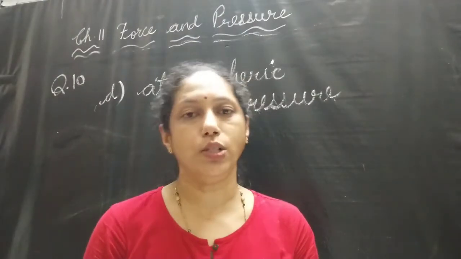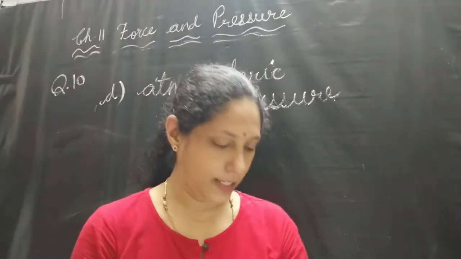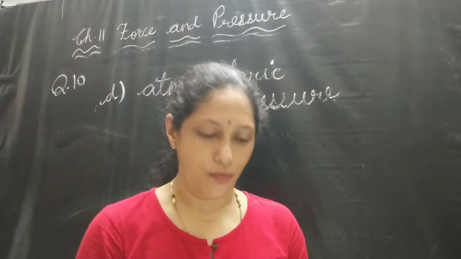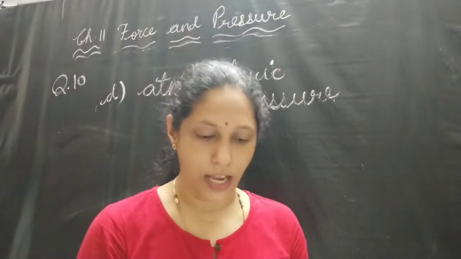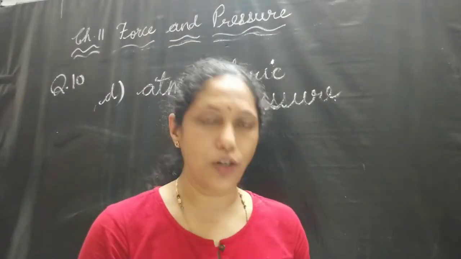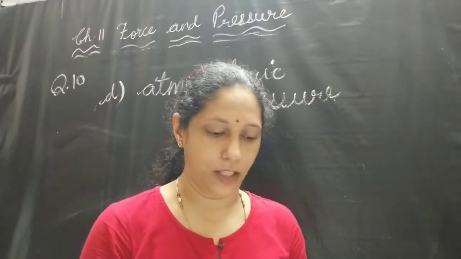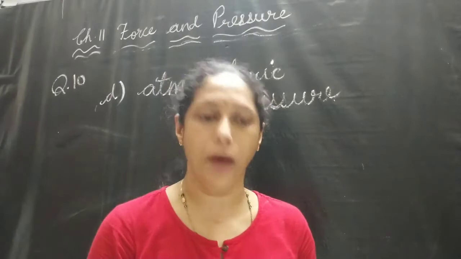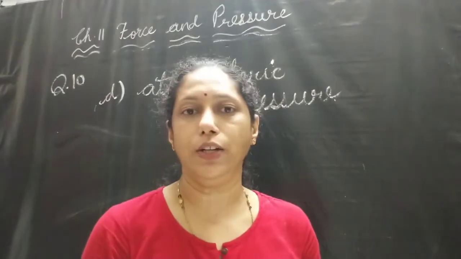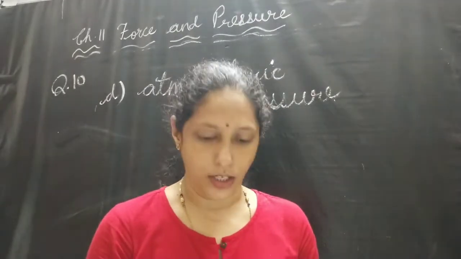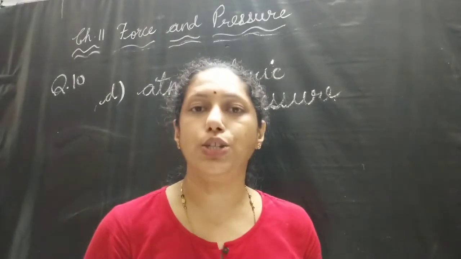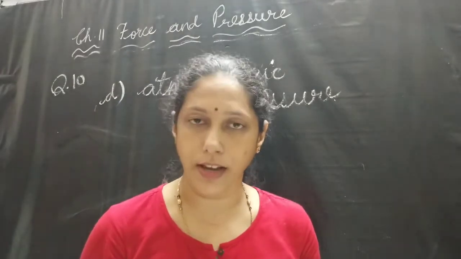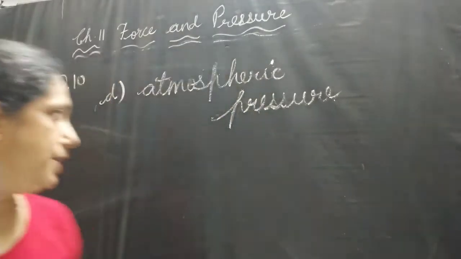Question number 10 was also given as homework. The question is, when we place the bulb of a dropper with its nozzle kept in water, air in the dropper is seen to escape in the form of bubbles. Once we release the pressure in the bulb, water gets filled in the dropper. The rise of water in the dropper is due to, the four options are given and the correct option is